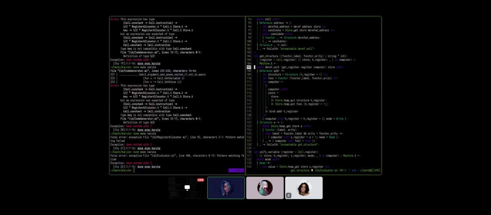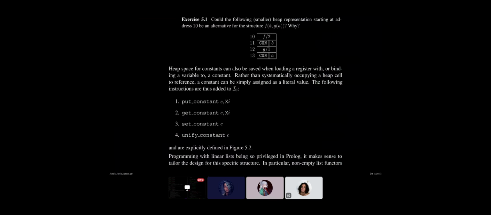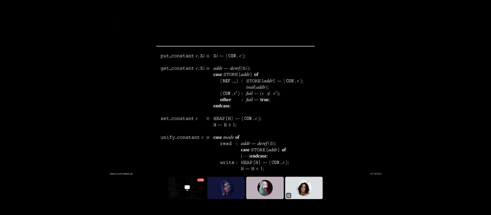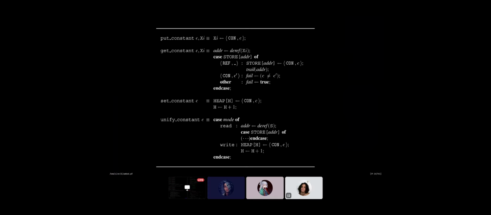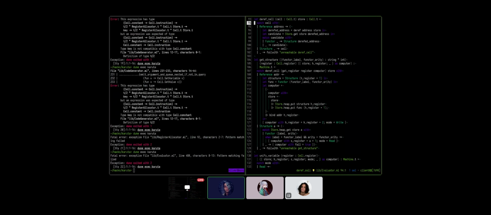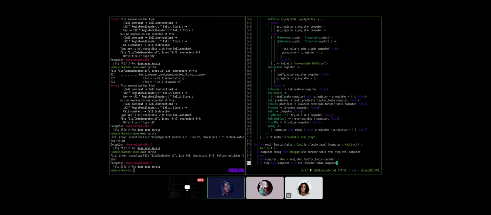Okay, so let's start with put constant, which is one line only. Put constant. Okay. Just scroll down. Oh, okay, that's easy enough. Yeah, no, this is fine. You made it sound like it would be a very non-trivial endeavor.